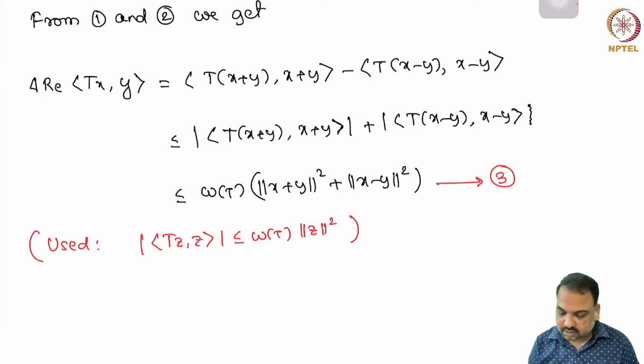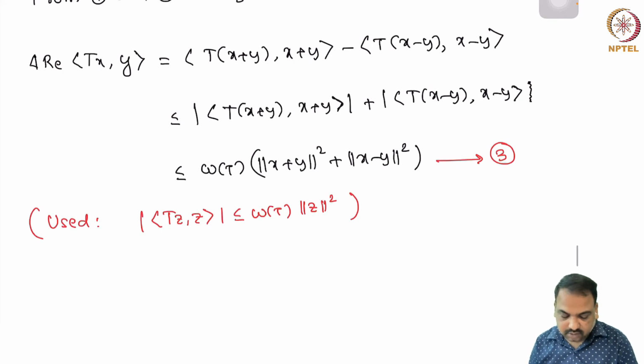Okay, now on the left hand side we have a real number, whereas on the right hand side we got a quantity which is positive. Now we want to write the left hand side also as a positive quantity. So let us take,